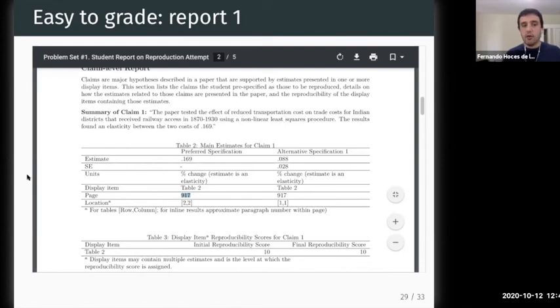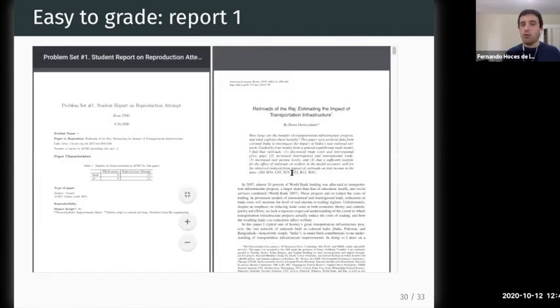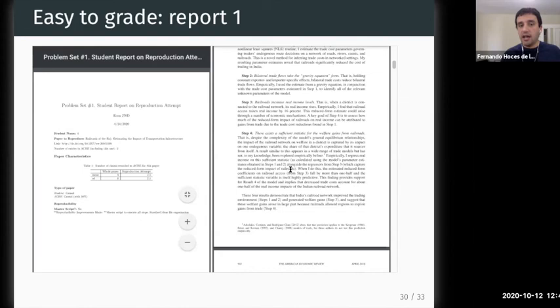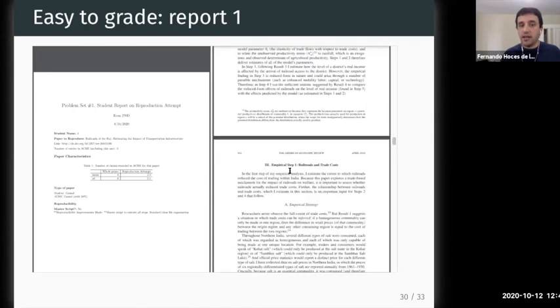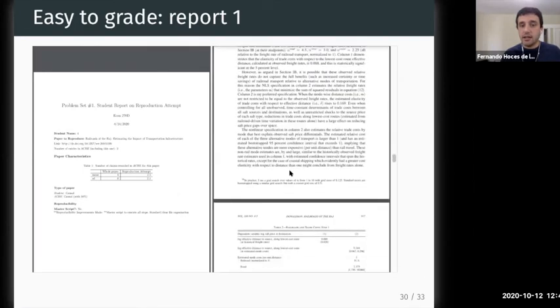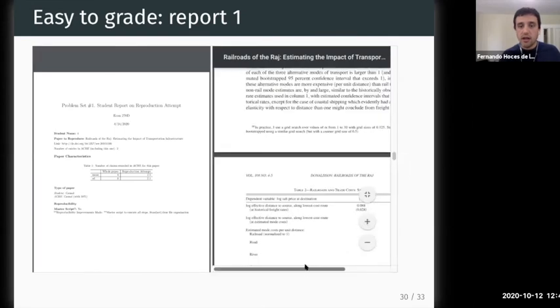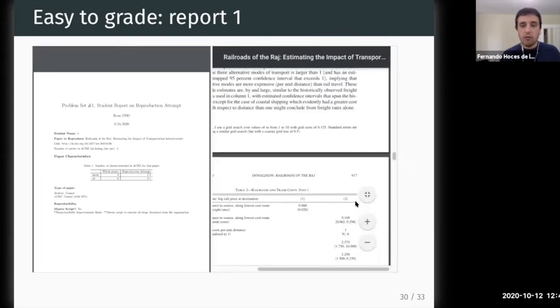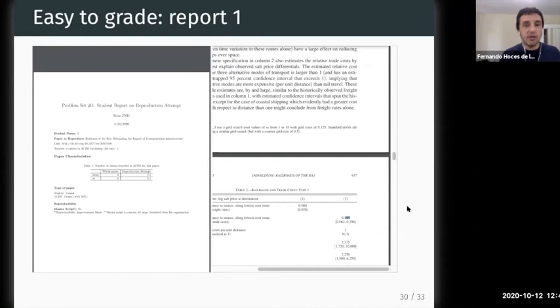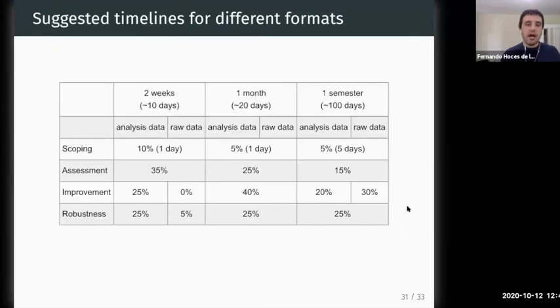So then the instructor can say, oh, okay, I will look at the paper and find where this table 2 is right here, and it will be row 2, column 2. And that will be the key result. So we hope that this is going to facilitate assessment of the exercise,